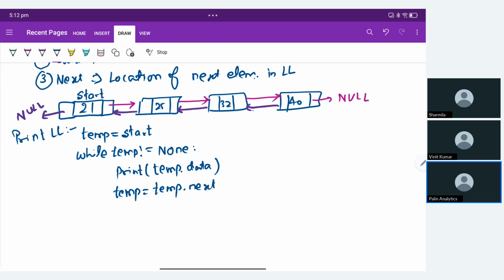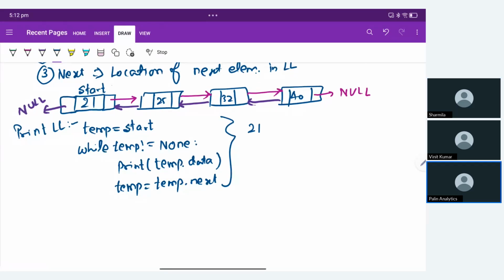So the element will start from the first position. First 21 will be printed. Then temp will be moved to this, so temp will be here. Then 25 will be printed. Then temp is equal to temp of next. This will move here, so now 32 will be printed. Then temp will move to this. So now temp is here, 40 is printed, and again temp will move here, and here it will check that this condition will become true, and this loop will end. Like this, you can print the elements